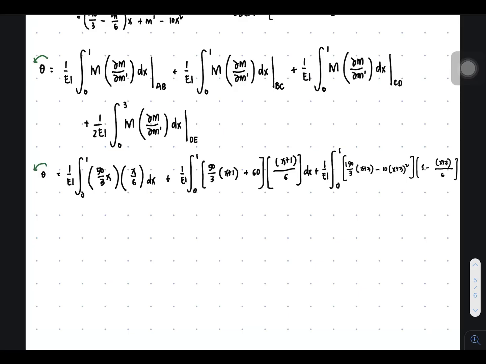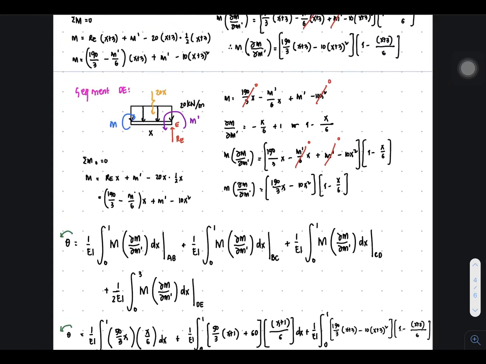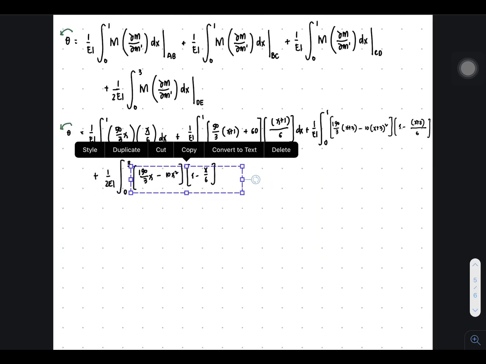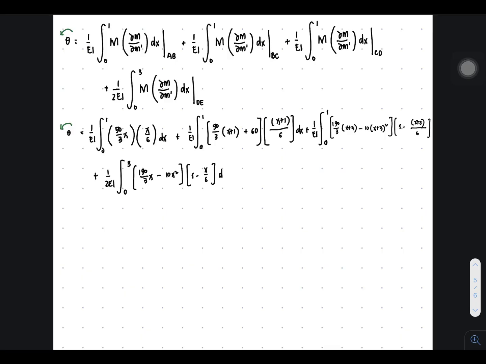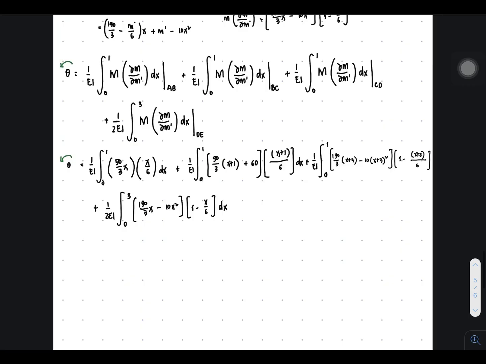And the limit is still from 0 to 1. And the last one is going to be 1 over 2 EI, the integral from 0 to 3 limit. So it's going to be this one. Let's copy this and paste it here, and then there. Let us now continue. Since our assumption is clockwise, counter,